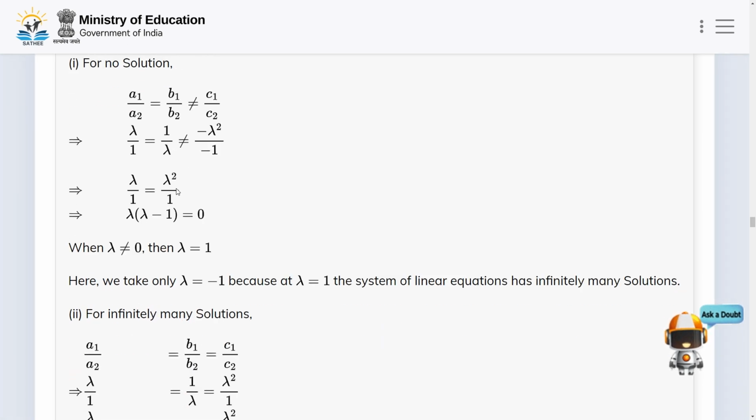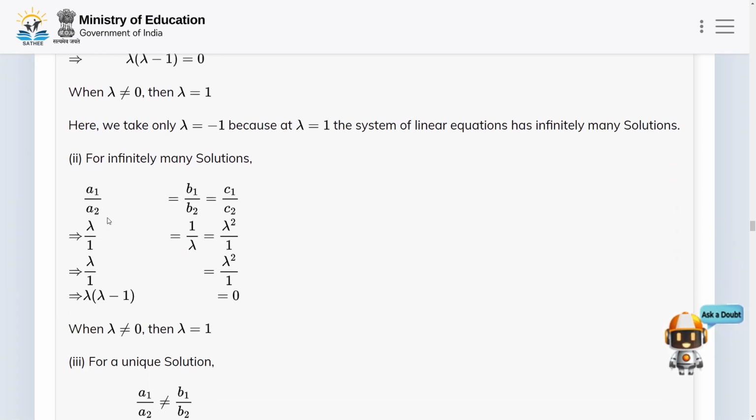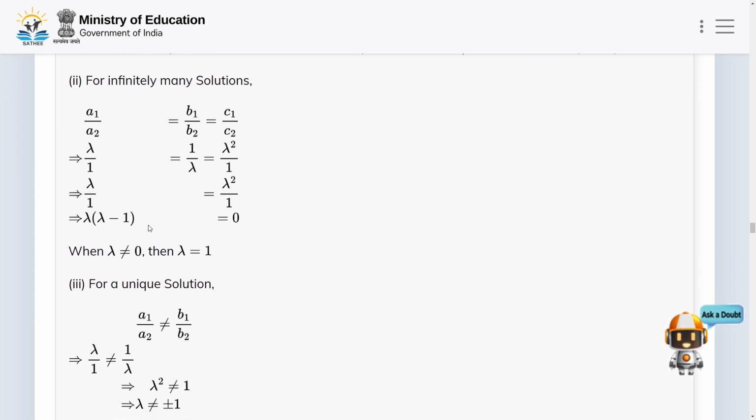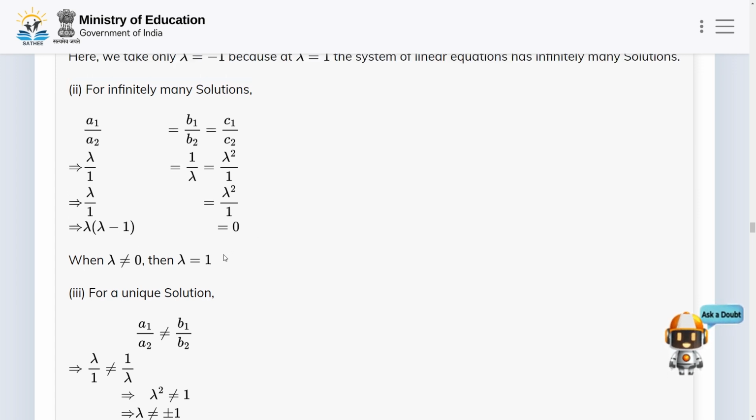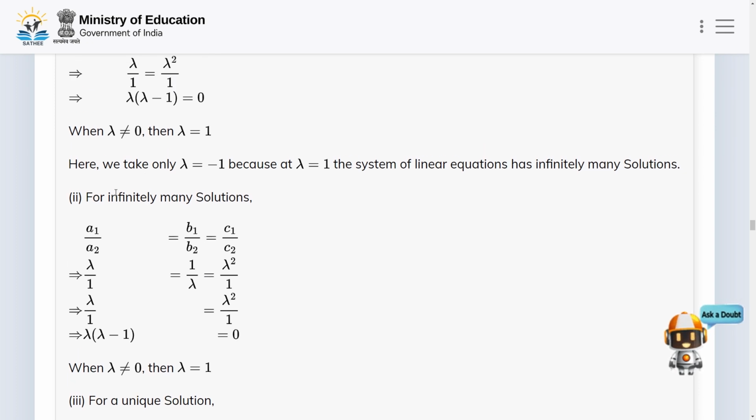for no solution. And for infinitely many solutions, here a1 by a2 is equal to b1 by b2 is equal to c1 by c2, and it implies lambda by 1 is equal to 1 by lambda, and it implies lambda times lambda minus 1 is equal to 0, and when lambda not equal to 0 then lambda equal to 1. So for lambda equal to 1 this system of pair of linear equations has infinitely many solutions. Okay, and now third